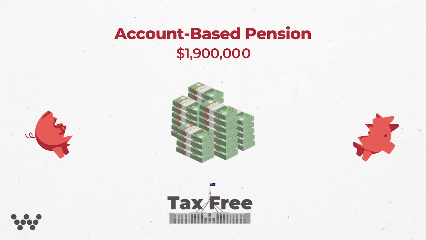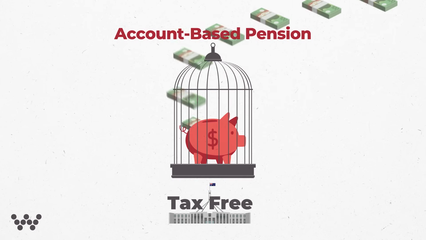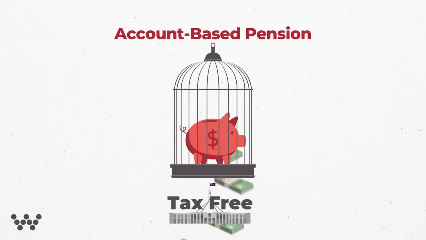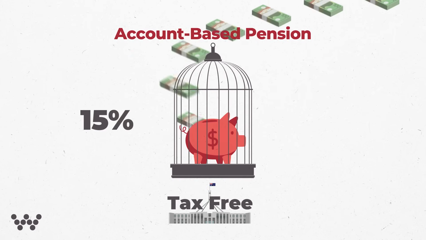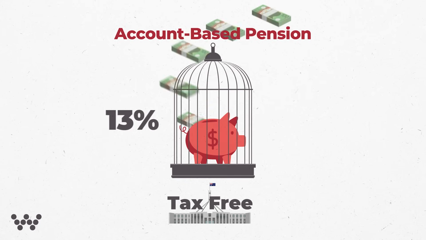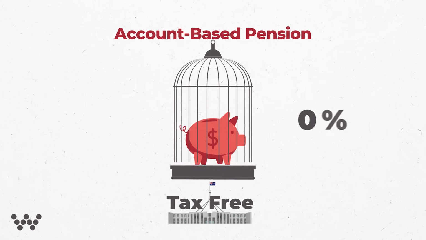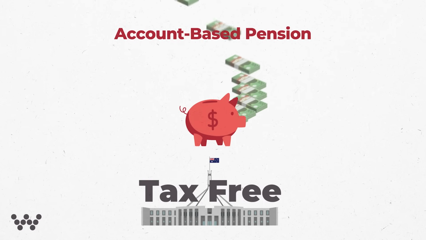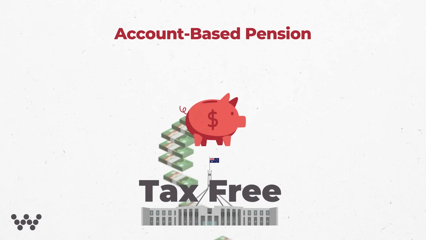What does that mean? That means the income tax that you were paying while you're contributing and the capital gains tax you're paying while you're contributing, which is 15% within superannuation, which is also lower than what you would pay if you're investing in your own name, goes to zero. You turn your superannuation assets into a completely tax-exempt and tax-free environment. And that's because the government provides this benefit to assist and encourage people to fund their own retirement.